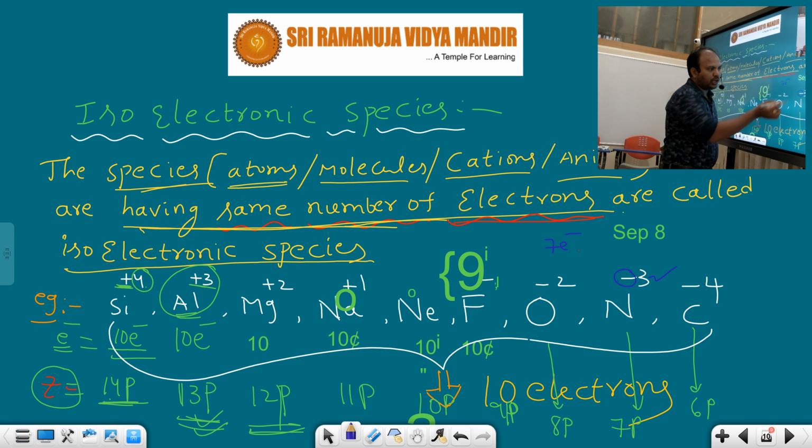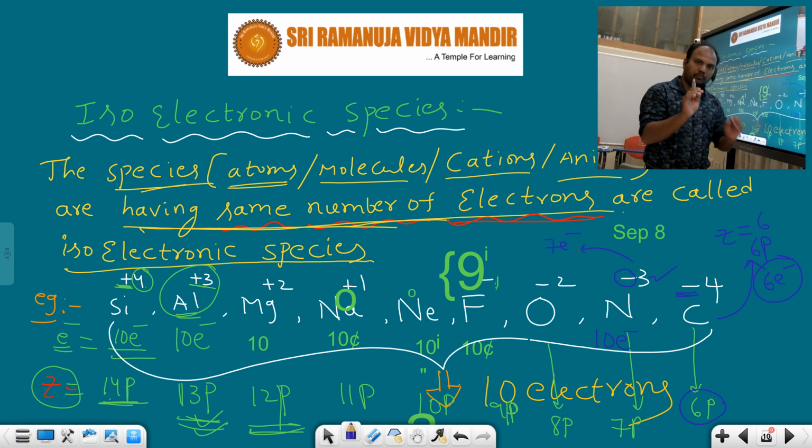After that carbon atomic number how much, Nana? 6. Whenever atomic number is 6, we expected 6 protons, 6 electrons. I had already written 6 protons. How much we expected? 6 electrons. But here which charge will be present in it? Minus charge is present in it. Whenever minus charge is present, what will strike in your mind? Gain of electrons. How many electrons gained? 4 electrons. We expected 6 electrons, but now it gains 4 electrons. Total how many electrons are there? 10 electrons are present in it.